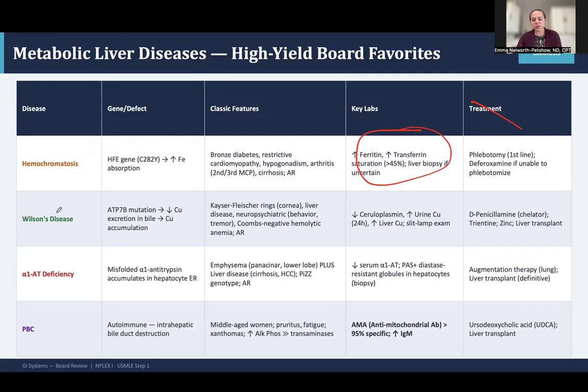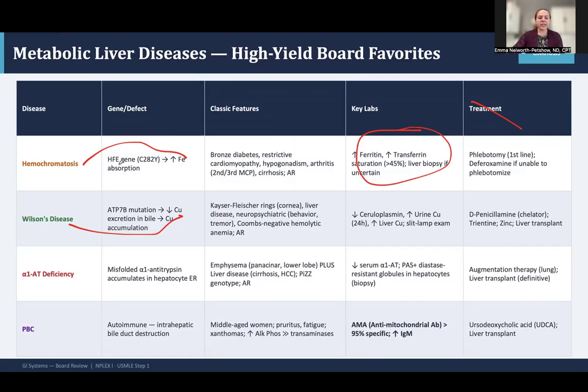Wilson's disease, this is due to an ATP7B mutation, which leads to a decrease in copper excretion in the bile. So you have a copper accumulation. So hemochromatosis, iron, Wilson's, copper. So you'll see in the cornea Kaiser-Fleischer rings, these brown rings in the cornea, liver disease, neuropsychiatric behavior, tremors,